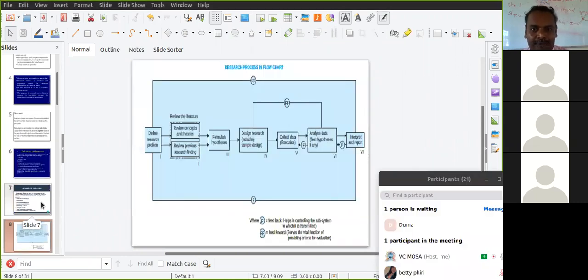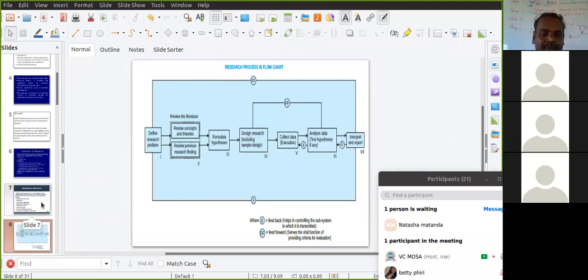So I'm giving you the research process in a chart form. The one I explained here is a kind of improved version. It's mostly used in any research methodology. If it is social science, if it is applied research, if it is business research, or if it is natural science research. This is the research process applied in almost all the research methodologies.